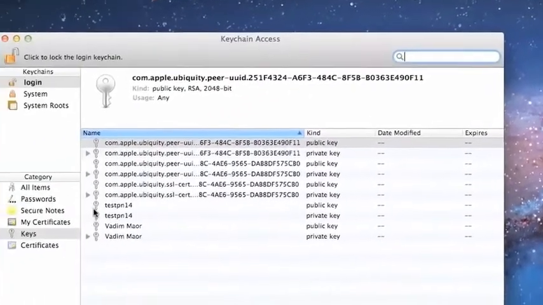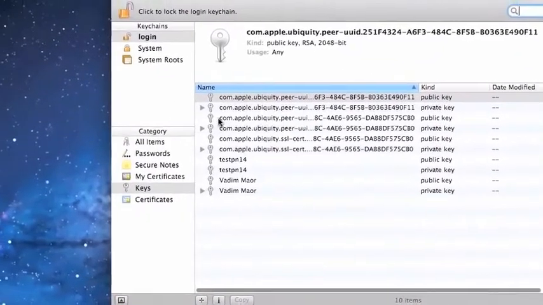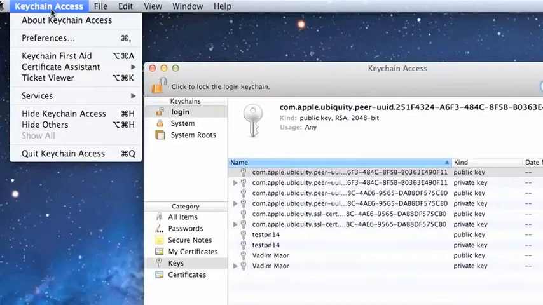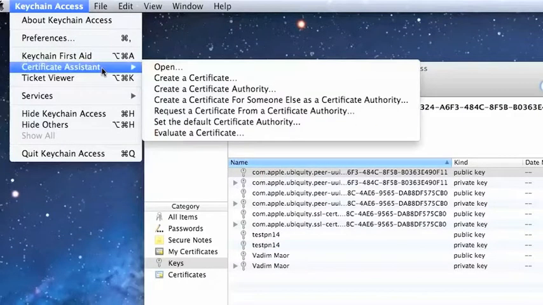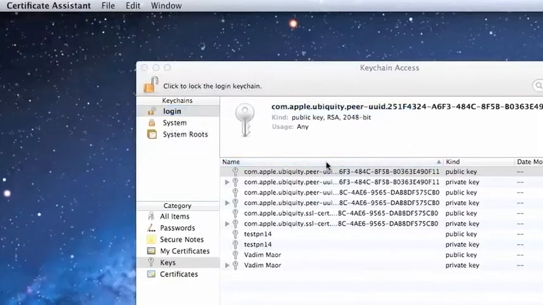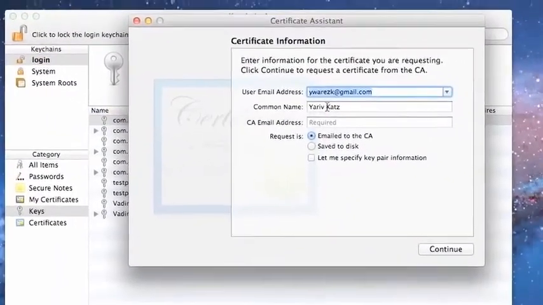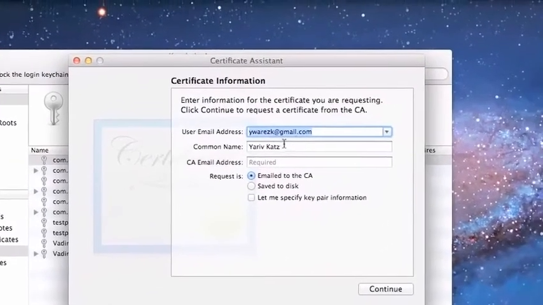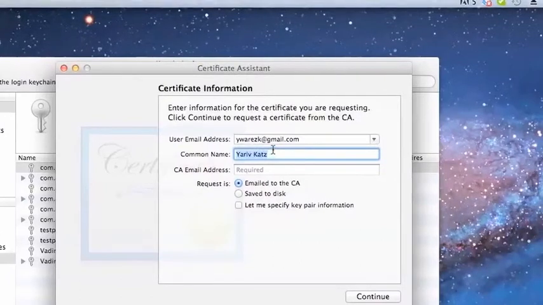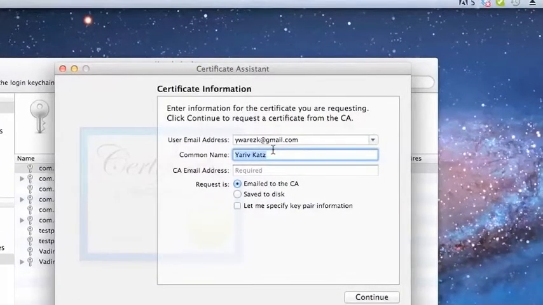Okay, our keychain is launched, and we're gonna go to keychain access, and we're gonna go to certificate assistant and request a certificate from a certificate authority. So click that and type in your email and type, let's type here, a common name like our application name. So let's type here push notification message,